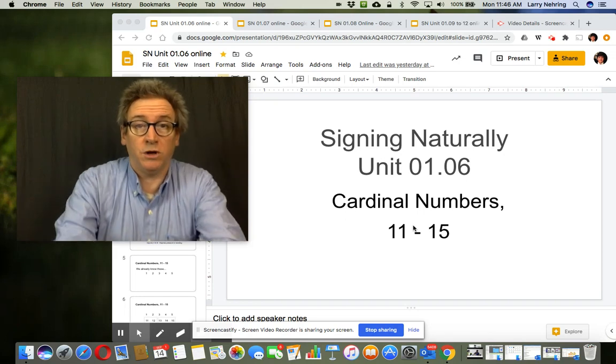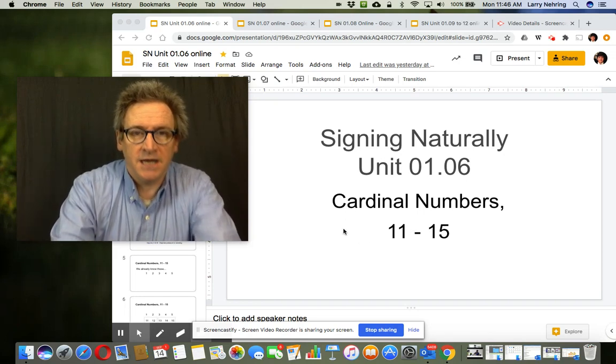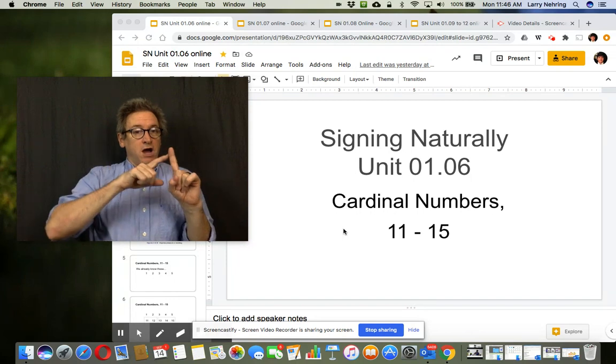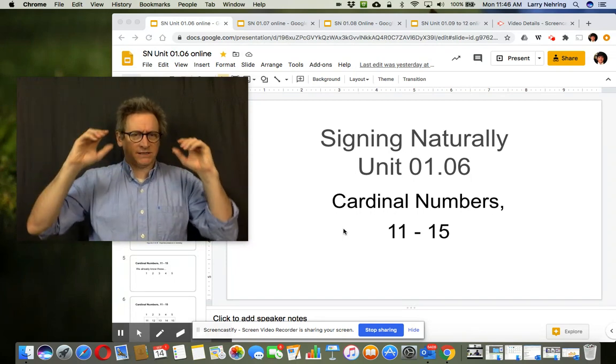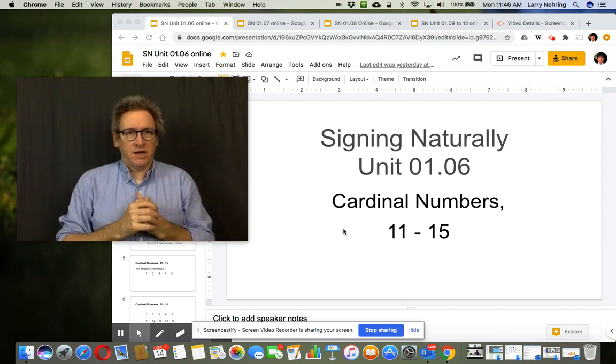All right, so unit 1.06 is cardinal numbers. So we're moving on from 10. And the way we're approaching numbers throughout the whole text is trying to give some,